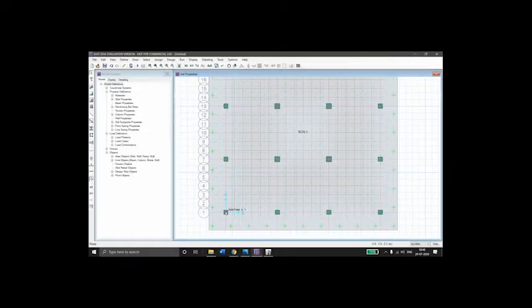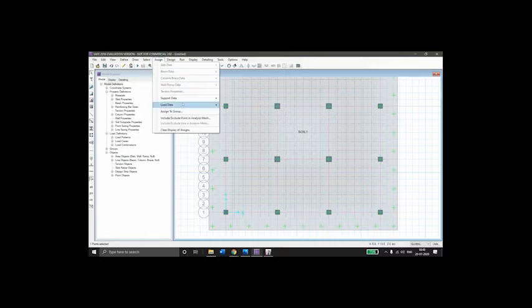Select the intersection point, that is the middle point of the column. Make sure only one point is selected, and make sure that you have selected the right column as per the notation C1, C2, C3, C4. Otherwise you will apply the loads of the C2 column on some other column. So pay attention to that.